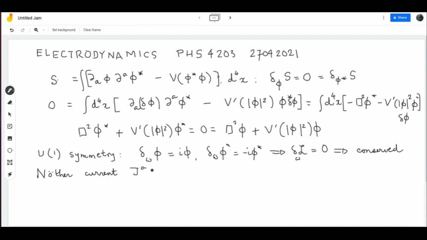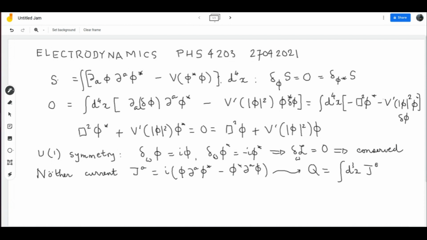J^A, which was given, if I remember correctly, by i(φ ∂^A φ* − φ* ∂^A φ), something like that. Complex conjugate, minus of φ*. So that was a real current, a real 4-vector current. And from here we constructed Q in the usual way, the integral d^3x